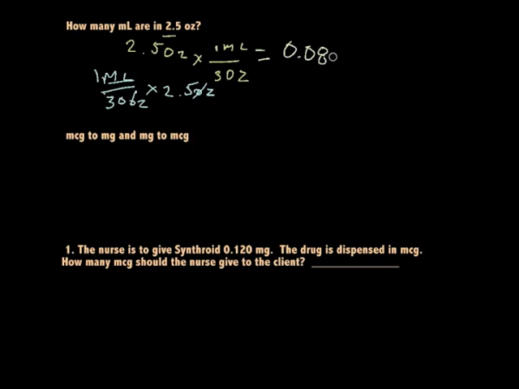All right, that's 0.08 milliliters because my ounces canceled out. Now, if you were to go through here and cancel this out and maybe say that you're still left with milliliters somehow, maybe say you've got milliliters on bottom accidentally and ounces on top, and your milliliters and your ounces won't cancel out, that means you set your problem up incorrectly and you need to go back and do it